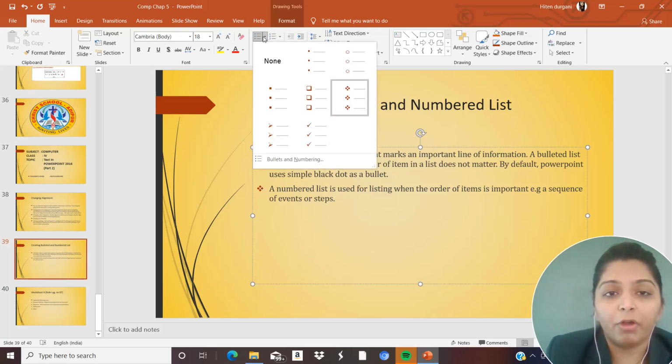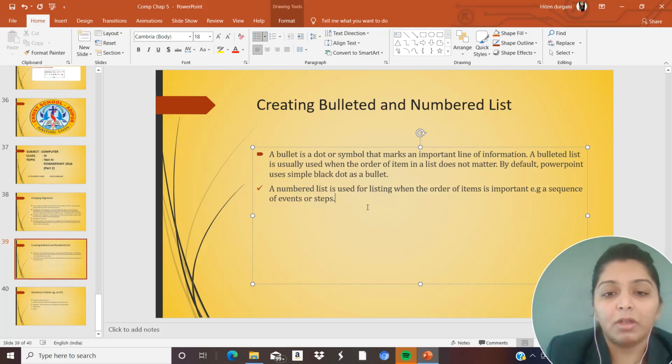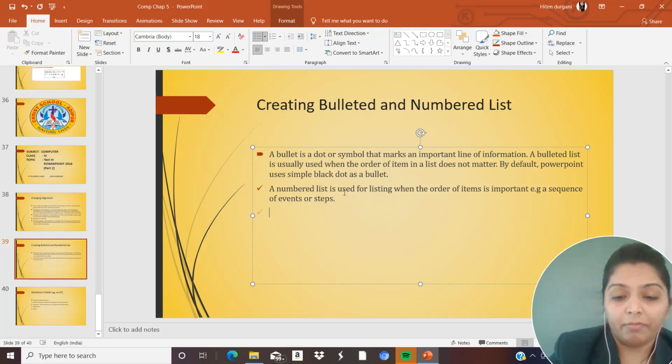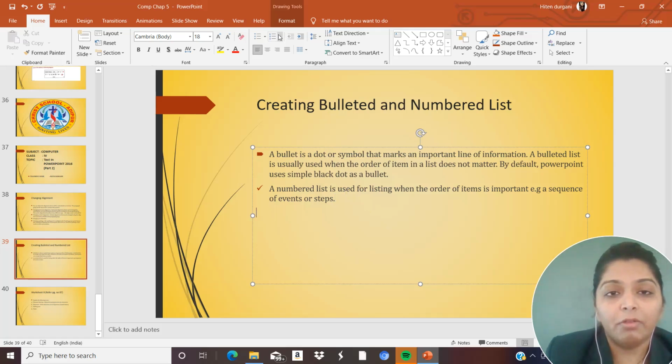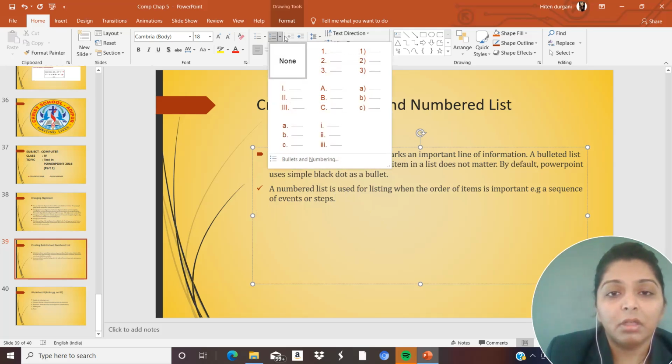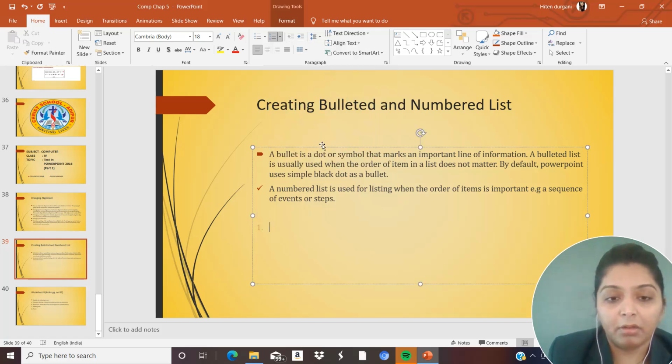Suppose you want any other, if you want this arrow, or a tick mark also like this. Now if you want to create a numbered list, see 1 2 3, or in Roman numerals, then ABC, then small abc, see here 1.